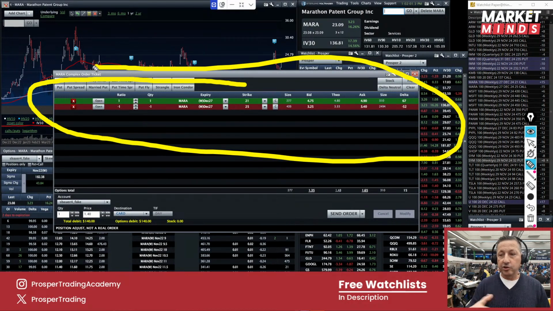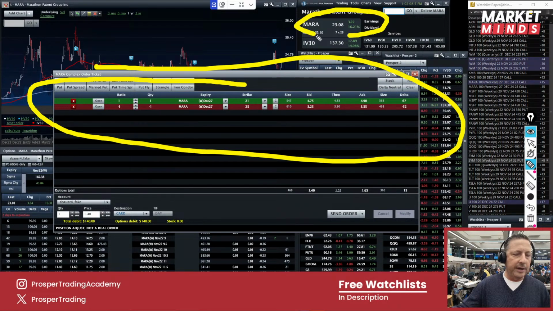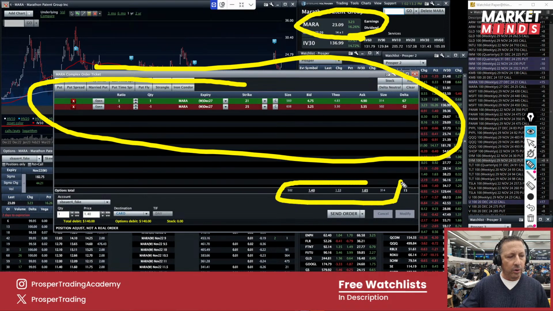Great position. Put it on way cheaper. We put it on, I don't know, $4 ago or so. Stock is up 3 and change today. Why is it only trading though at $1.55 or so? Our long call is $2+ in the money. Our short call is $2 out of the money. Why is this only trading around $1.50, $1.55 or so?